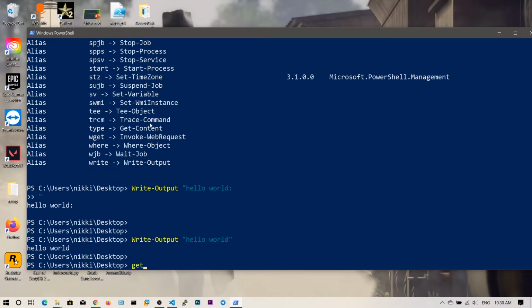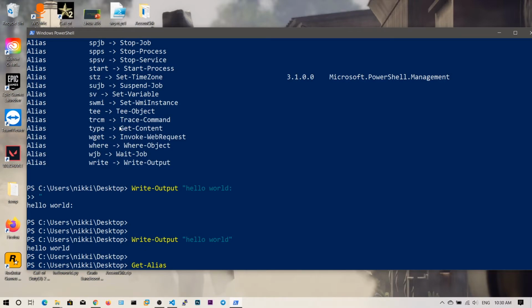So you can also say Get-ChildItem. One thing you can do is type Get- and if you hit the Tab button, you get the first command that matches the Get list. If you hit Tab again, then you will get the next one. In that way you can scroll through all the Get commands.